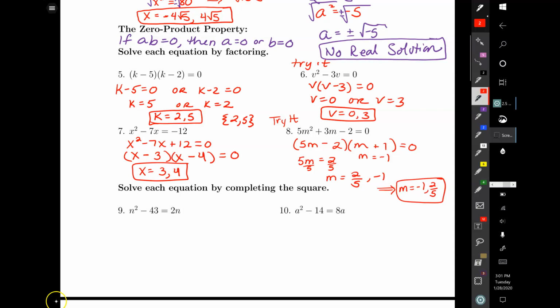So on this one, it factors out to be 5m minus 2 as my first binomial times quantity m plus 1 set equal to 0. Then I just go ahead and solve that. This one's a little different because I have a coefficient on that m, so I do need to